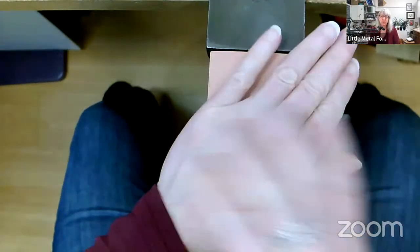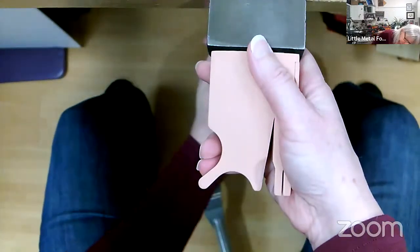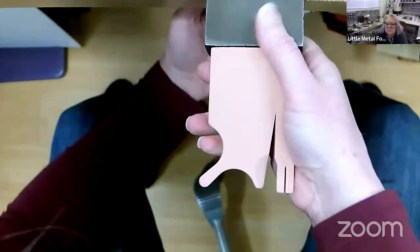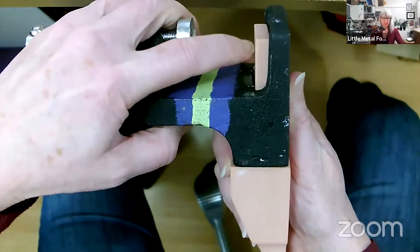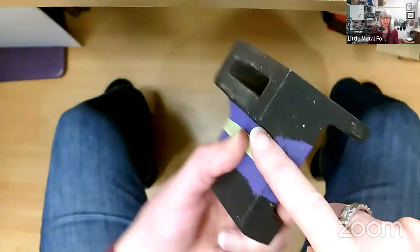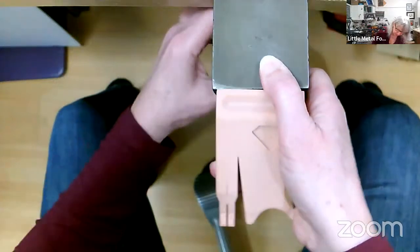So that's good because if I'm pushing down on it, I want it, well, it just slipped. I'm not really sure what is going on with this because when I push it in, I can push it all the way in so that it's flush here, but then for some reason it seems to slip. And these are cast iron, so they're not 100% flat on this side. But what I was finding was it'll push all the way in like this, but then when I attach it to the table,